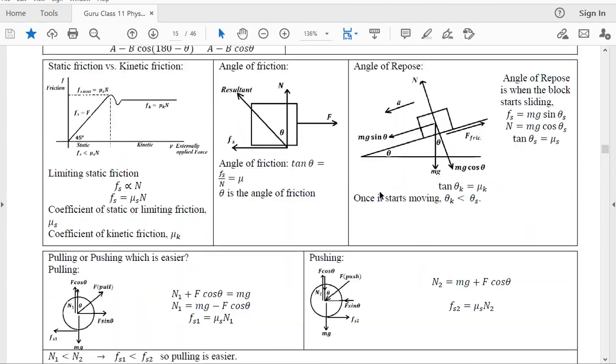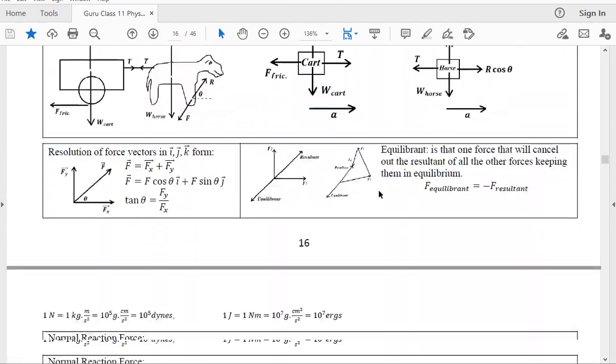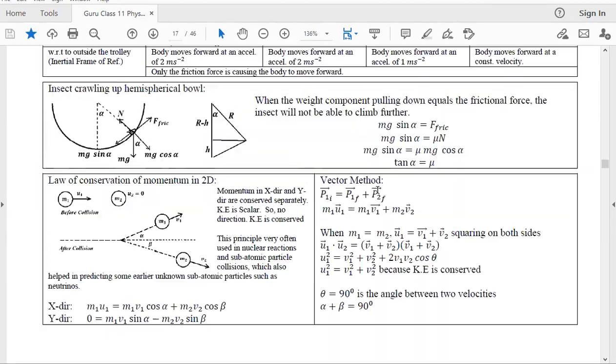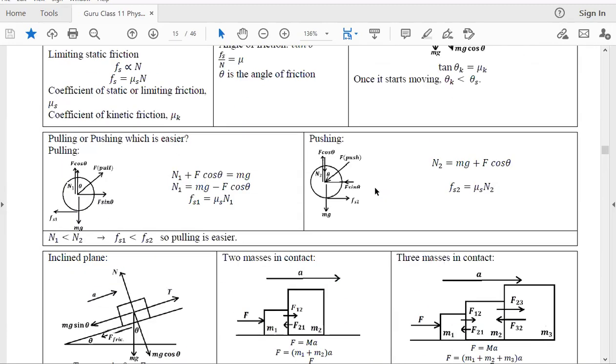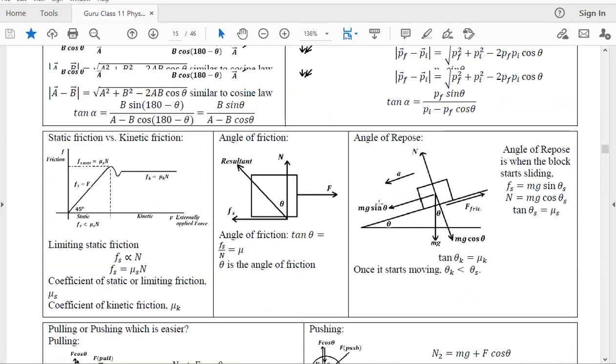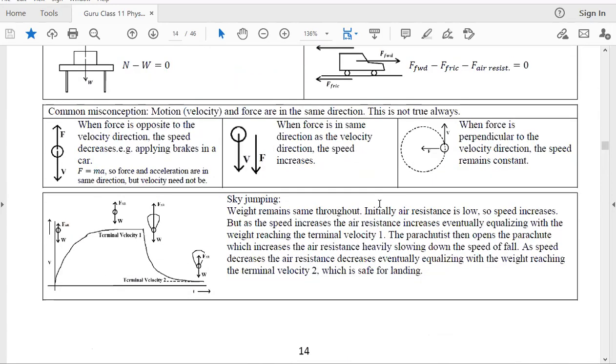This chapter is slightly lengthy, but extremely important. Each page, each concept is very, very important. So you have to pay extra attention to this chapter. And remember, these entire concepts will be coming even in your 12th standard or college or wherever you go, because everything is based on forces.